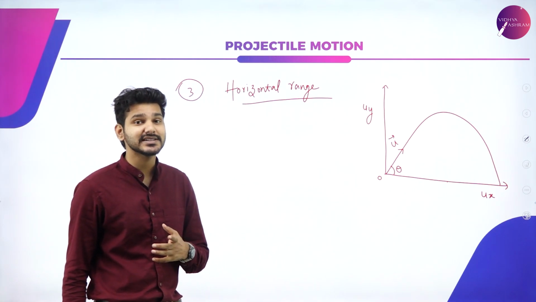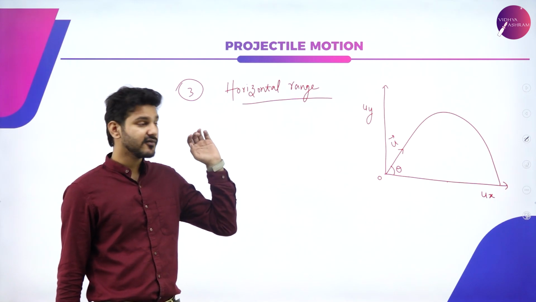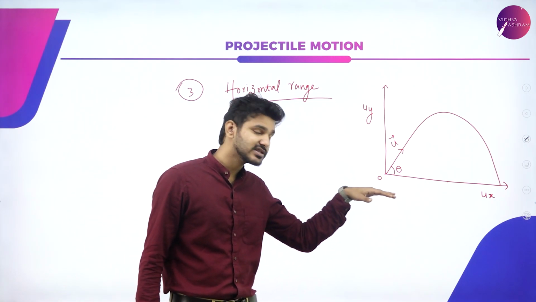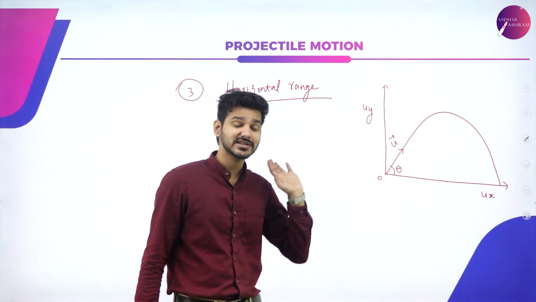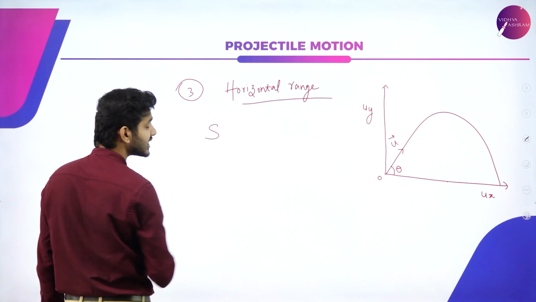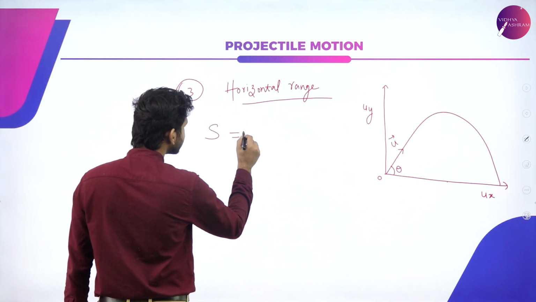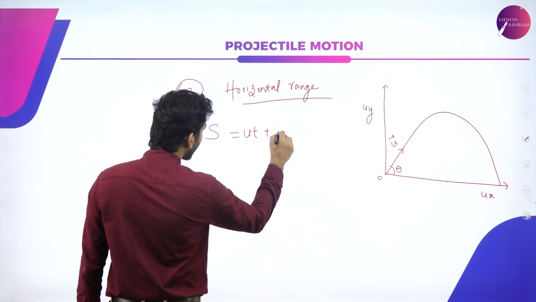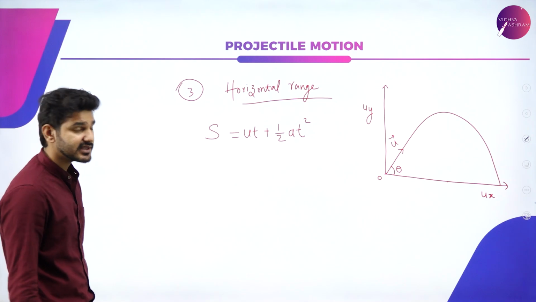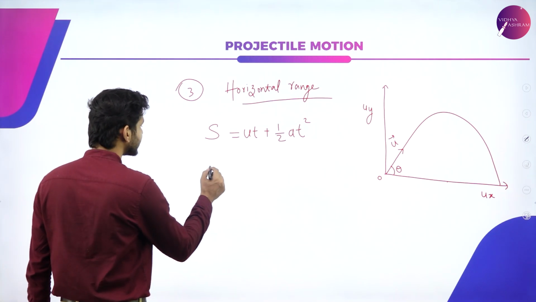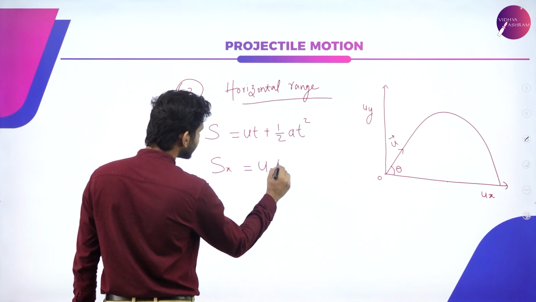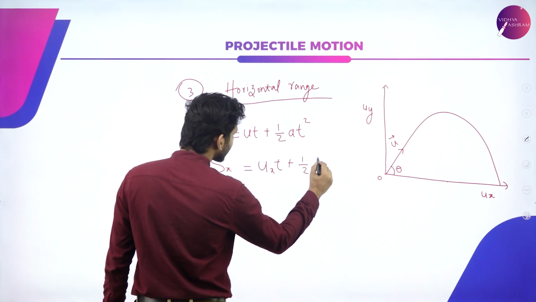Now we are not going to consider anything in the y-axis. We are only going to consider the non-changing factor throughout, that is the velocity component in the x direction, which helps it to move in that particular direction. So I'm going to consider the equation of motion, S is equal to ut plus half at square. Now in this particular case, we only need the x components, that is Sx is equal to uxt plus half